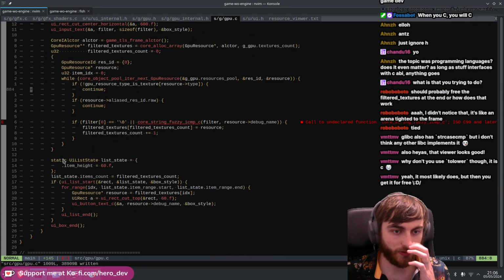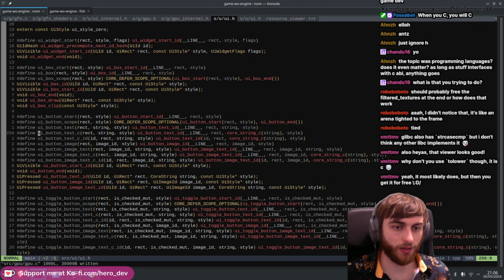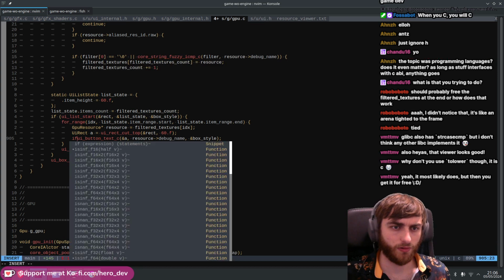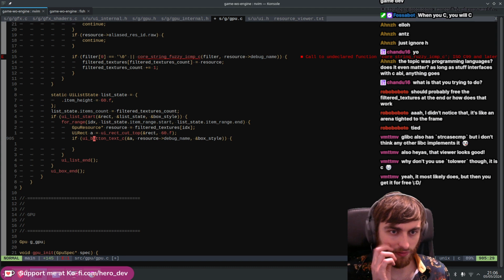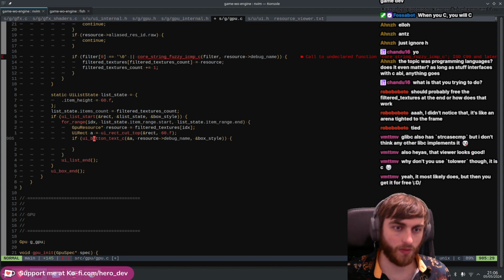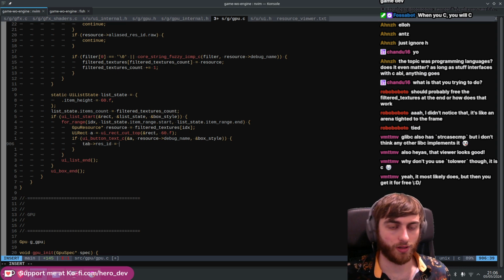So when we select, there's a button here. I think it returns if it's been pressed. It's nice. So you just say if pressed. Wait. Yeah, I think it's on the release. Yeah, then we're going to say tab res ID equal